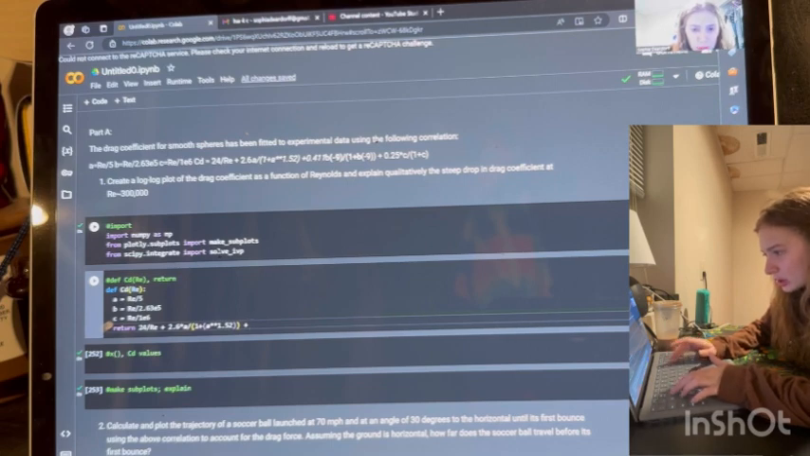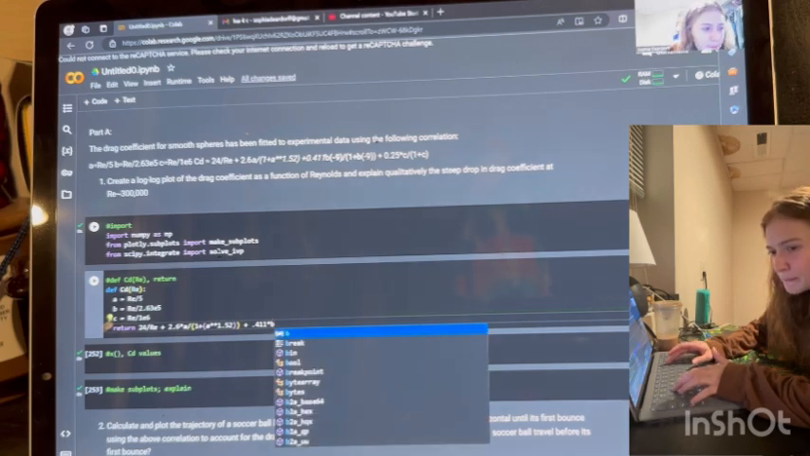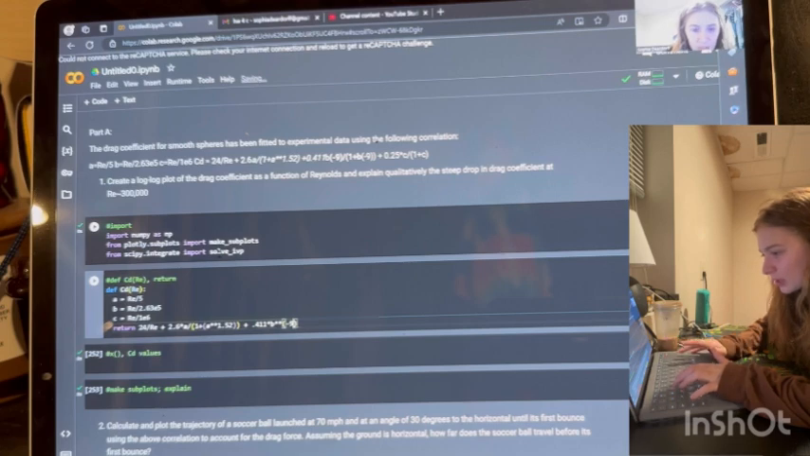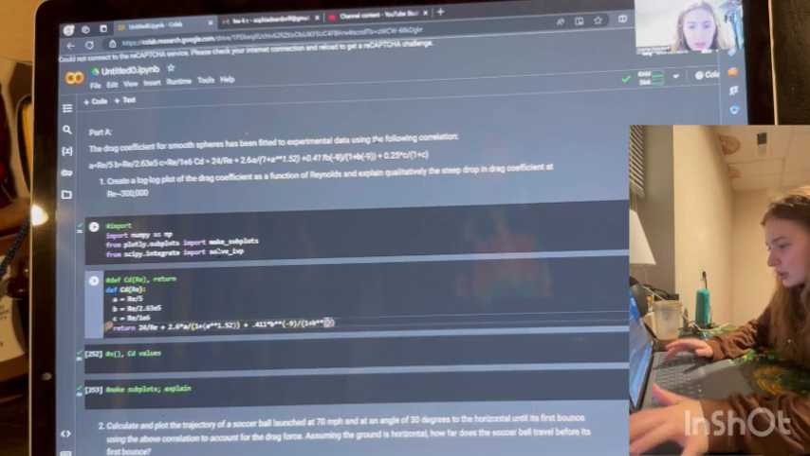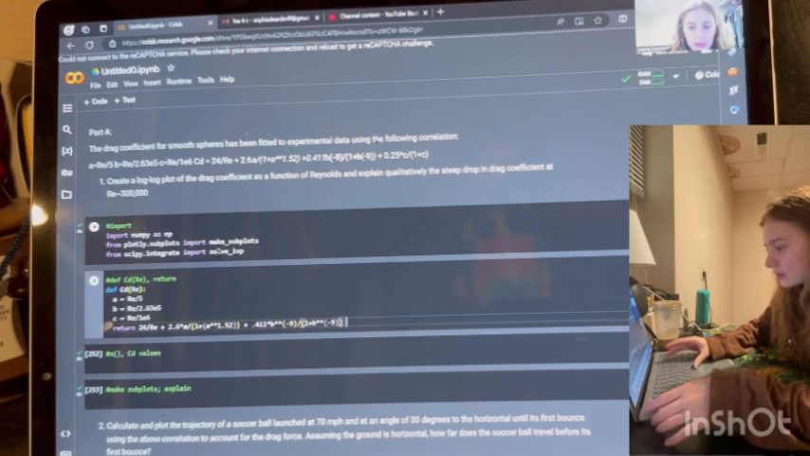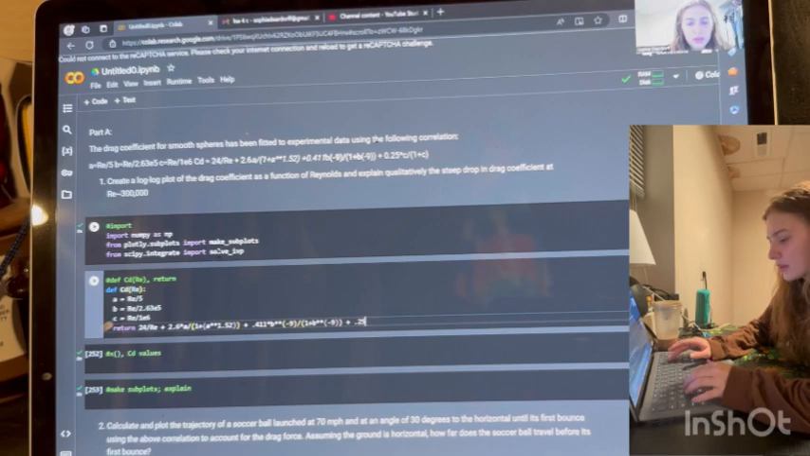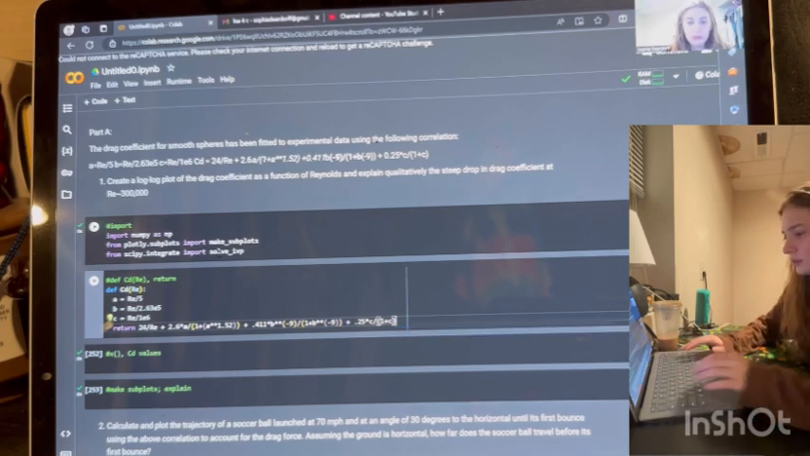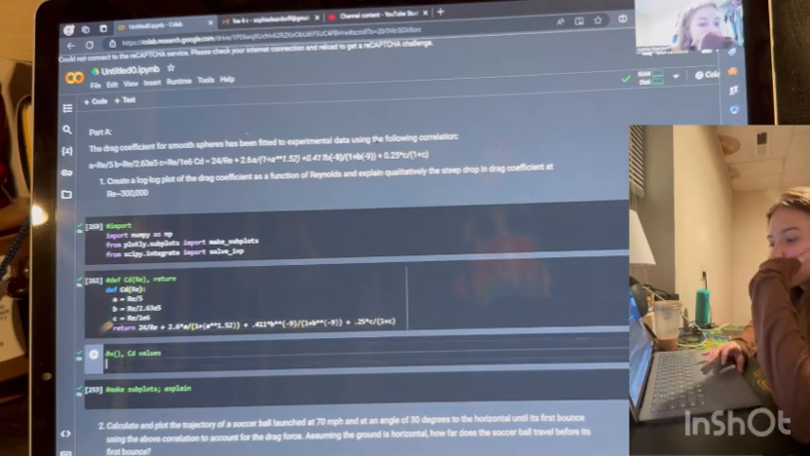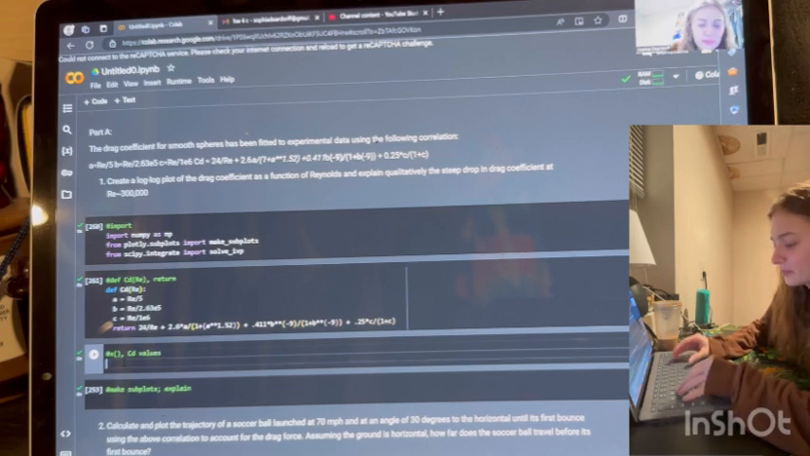plus our 0.411 times B to the negative 9 divided by 1 plus B to the negative 9, and the last part 0.25 times C divided by 1 plus C. Alright, so that's our return, and then we're gonna do our x is equal to our np.logspace of